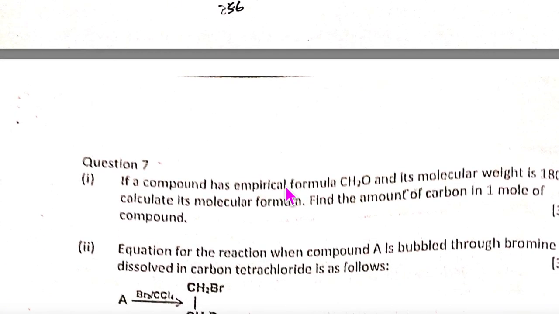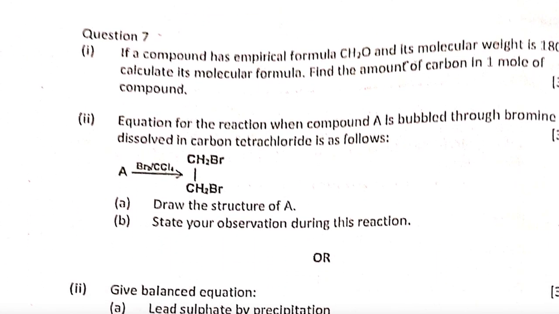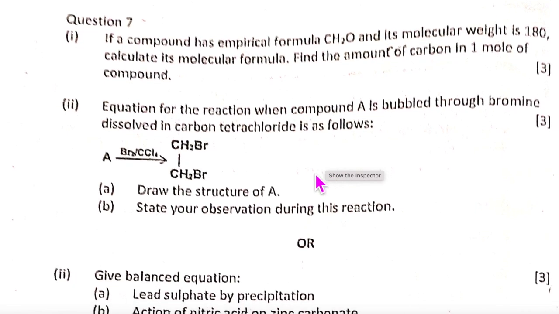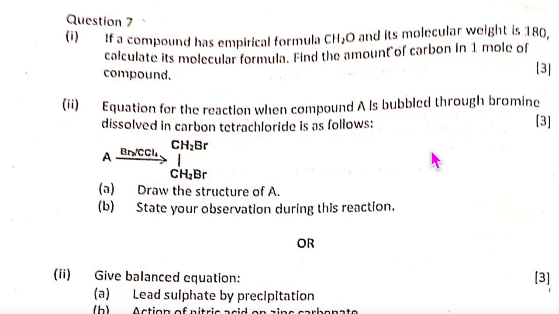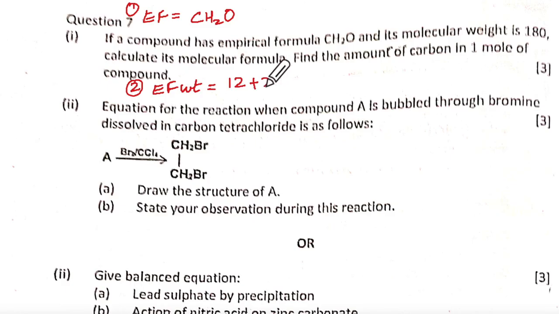So we come to this one. What does this say? Compound has empirical formula CH2O, molecular weight is this. So you are going to have empirical formula as CH2O. All right. So if this is the first step, your second step will be empirical formula weight, correct? So that will be 12 plus 2 plus O means, how much is that? 14 and 16 means,